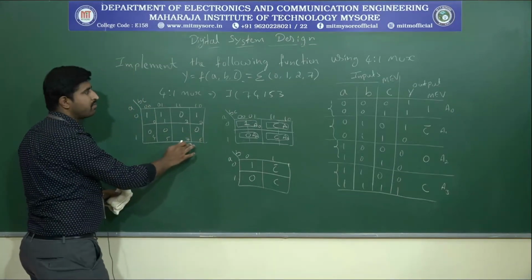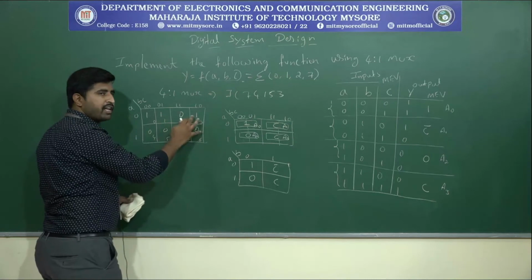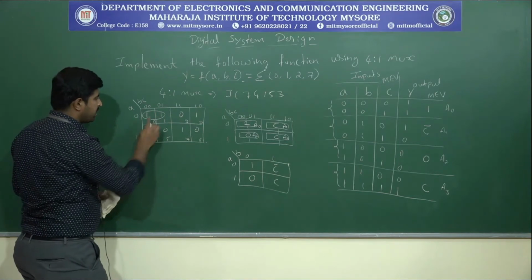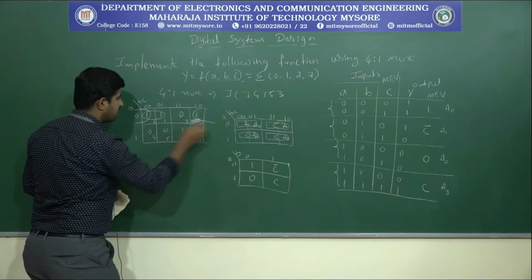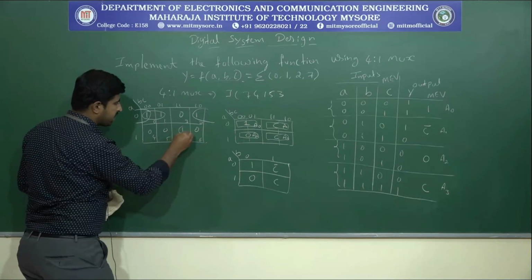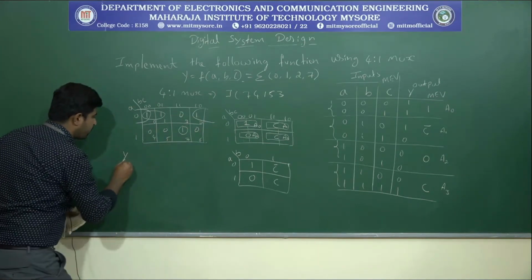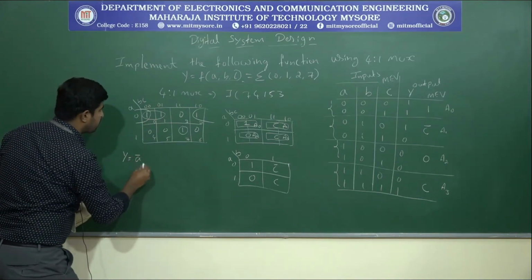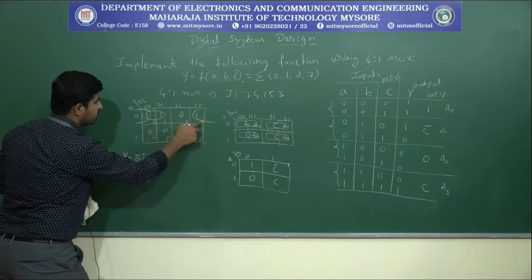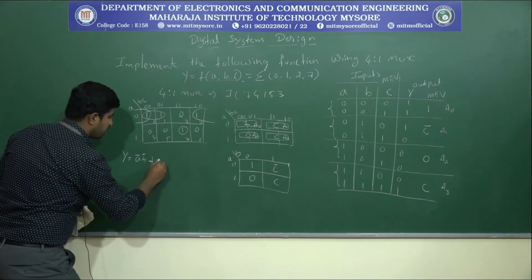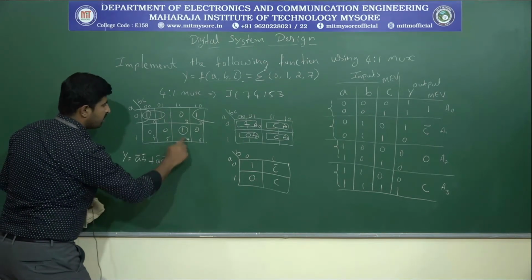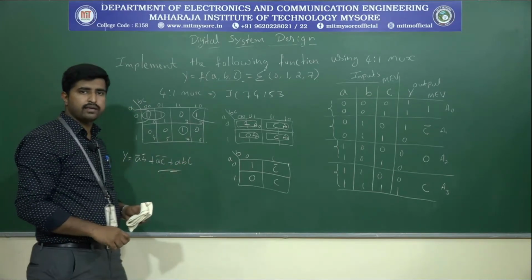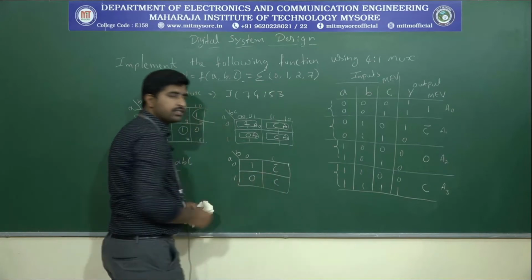Okay. So this is the normal K map for this given function. Okay. So what is the simplified equation? Let's write. So what are the possible groups we have? So these two can be grouped, right? And these two, that means cell number 0 and 2, and this is the only one cell I can group. So then what will be the equation? Y will be, so for this one, A bar B bar, for this A bar C bar, okay, and for this one A B C. So this is the equation we are going to get, right? Okay. So the same equation we are going to get here also.